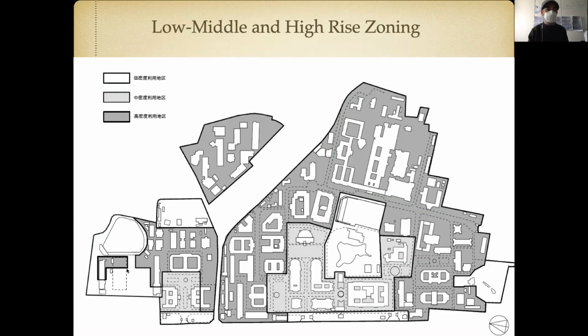Then the high-rise zone. So you see that a large part of the campus, the dark gray, is high-rise. And this is one of the difficulties the architects have to combine with the existing character of the school, because look at 10, 15 floors, which really clash with existing buildings.